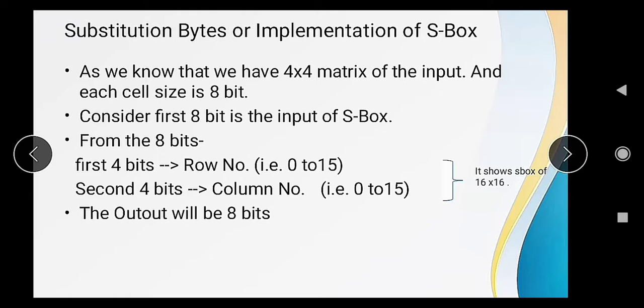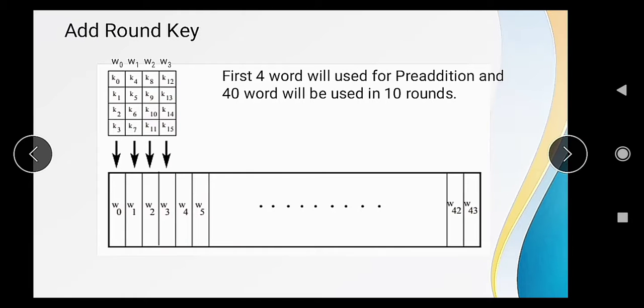Now the second step, in add round key, what we are actually doing is XORing our plain text with the key K0, means sub key K0, means our plain text of 128 bits will be XORed with the 128 bit key, or we can say the 4 words sub keys. Okay, 4 sub keys. So that will generate the initial output that will be stored in the initial state. Okay, this is the pre-round operation.